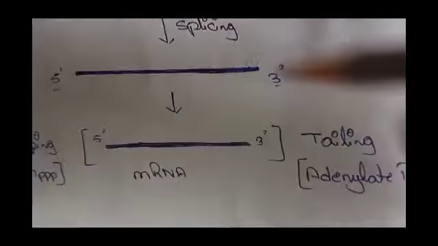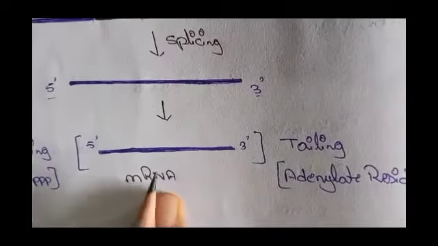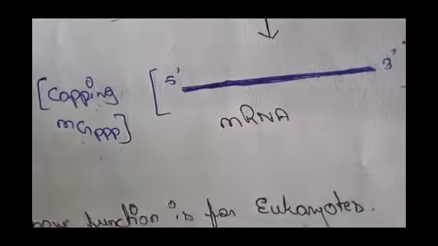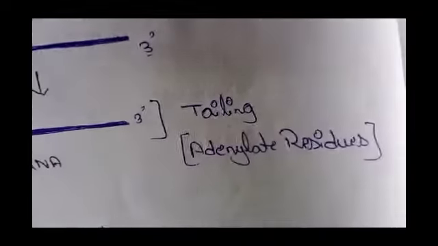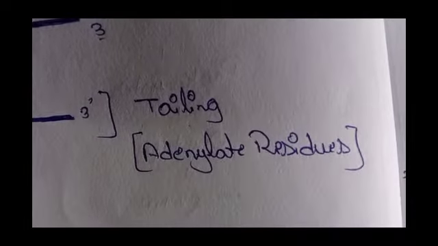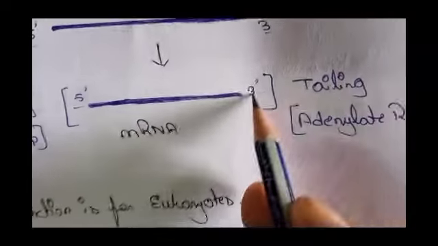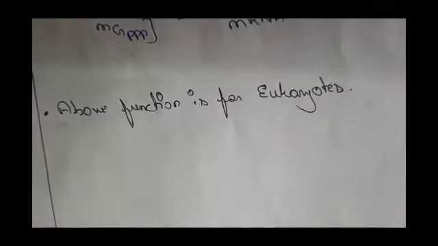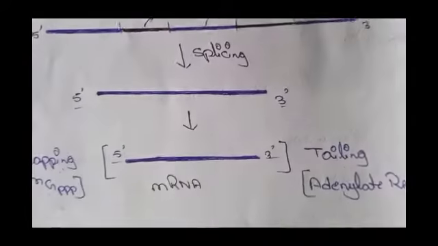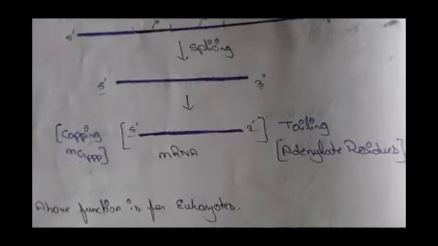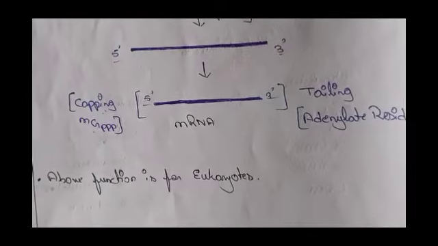Okay, but the actual is mRNA, which is copied, with capping (methyl guanosine triphosphate), means this is the cap for mRNA. This we call tailing, means adenylate residues, from 5 prime end to 3 prime end. The above function is for eukaryotes. This is for eukaryotes. Okay, so